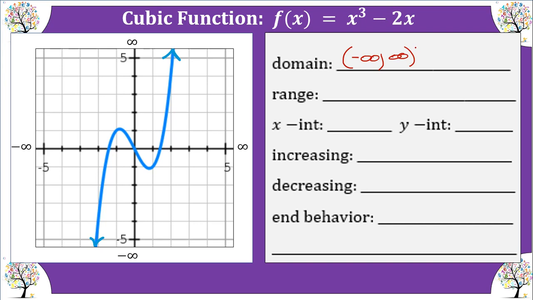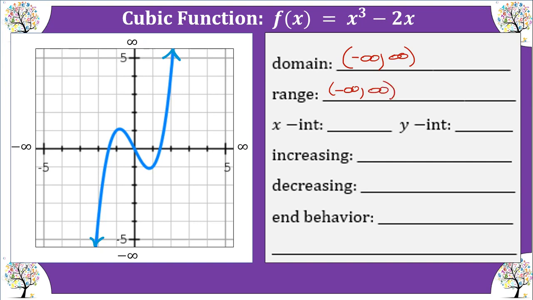And that will be true for the most part, but there will be some cases where we will have something different. Now let's do the range. The range is all about your output values, and we're going to say how far down does this graph extend? This graph keeps going toward negative infinity. And then how far up? It has some turning points, but we're just seeing how far up it goes, and it's also moving toward